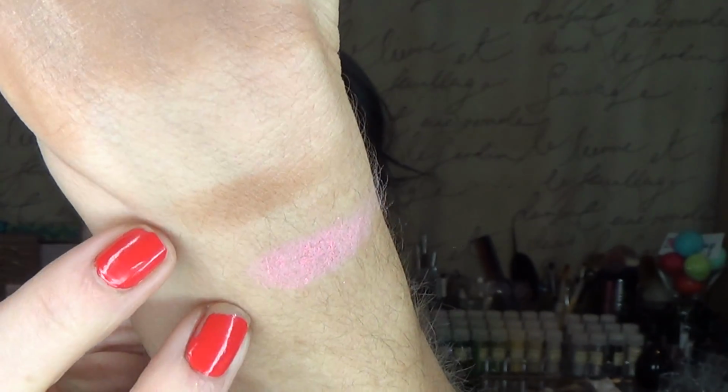There they are, swatched right there. I don't find that they're super duper long lasting, but I think for 10 bucks, or $9.98 is actually what this one was as well, you're getting a good amount of product. This is in the shade